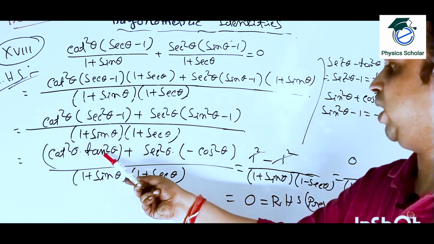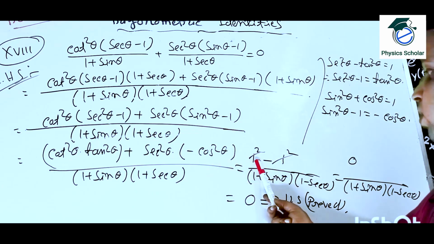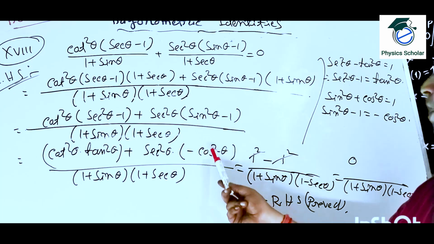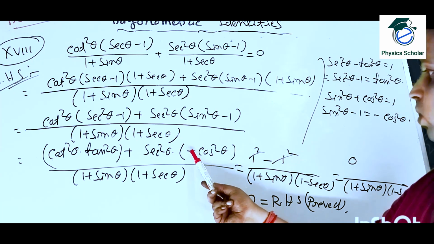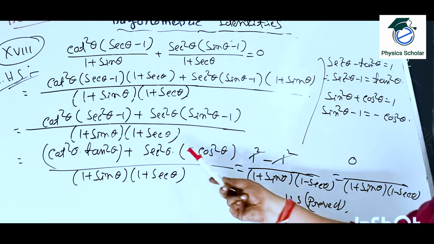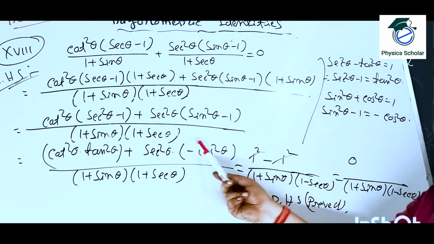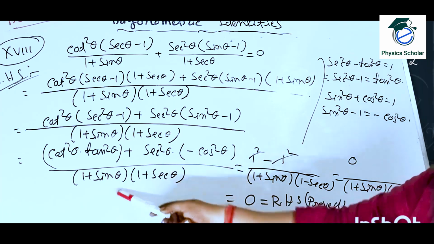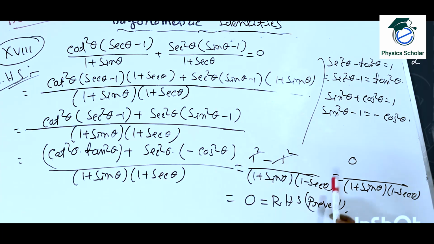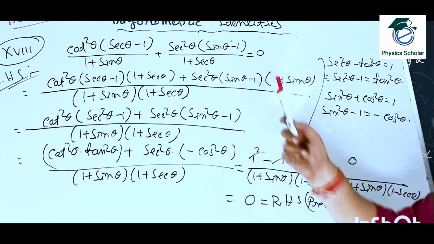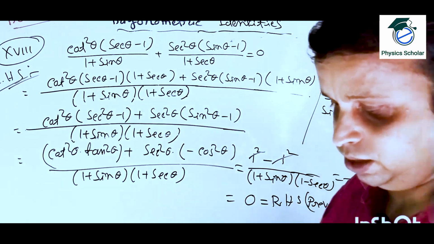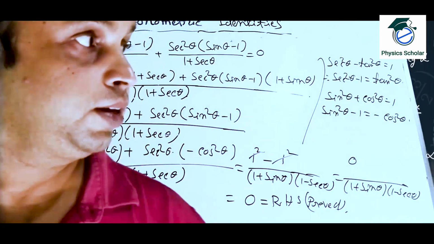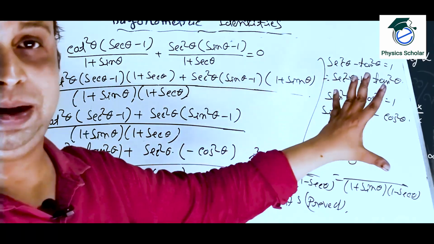Clear? So cot into tan means what? 1. So 1 square means 1. Okay. Minus, why minus? Because this is minus cos square theta. So plus minus it will be minus. So sec into cos means 1. Okay, those are reciprocal to each other. That means 1 square. Clear? Divide by whatever the numerator denominator is, we are writing like that. So this will be cancelled. So 0 divided by something means 0. So which is equal to the right hand side. So students, hope you have understood this sum. Clear? You can pause the video and copy the sum.